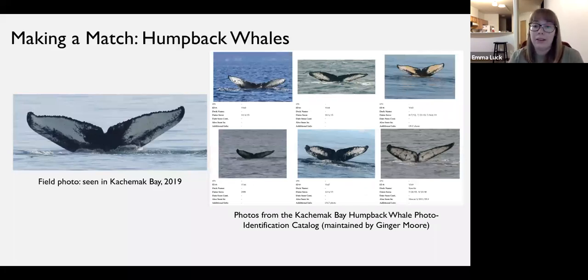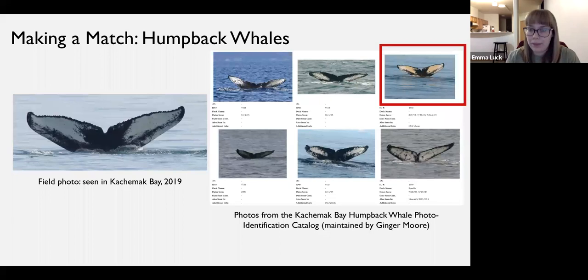This catalog is maintained by Ginger Moore, and it's been maintained for over 20 years, I think now. When you're looking at your field photo, a photo of a whale that you've taken out in the ocean, and you want to see if you can match it to a known whale, you would start flipping through a catalog and trying to see if you can match it. If we take a look at this group of whales right here, we can see some of them clearly aren't a match. But if we look a little bit closer, this one right here,